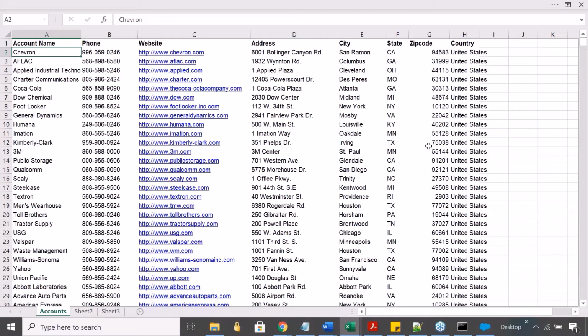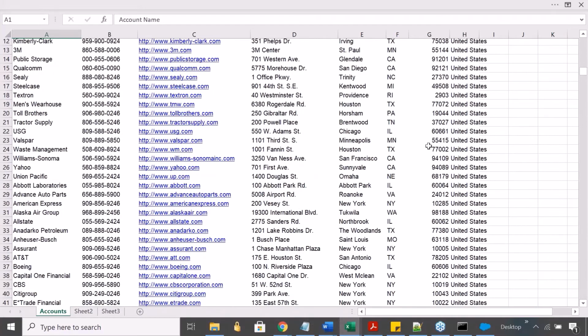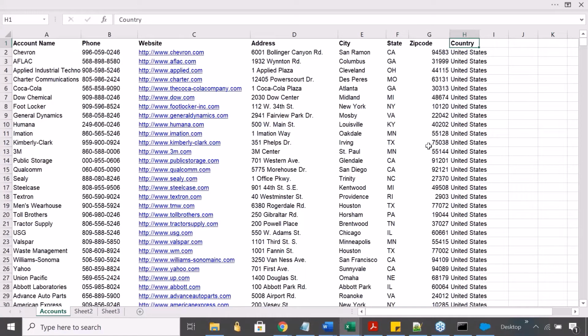What does this file have? It has different columns and data, and all these records I want to create in my Salesforce org. You just put your data in a spreadsheet. There are different columns for name, phone, website address, city, state, zip code, country. Values from each column will go into the fields in Salesforce.